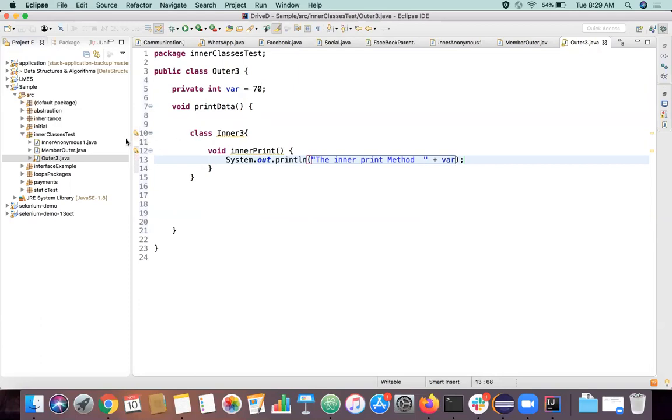In this particular method itself, I'll create an object for this class.